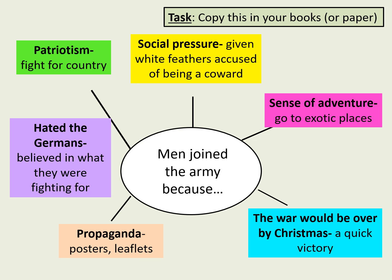Again, we're going to be talking a lot more about this today, but some men definitely would have joined the army because they felt pressured by propaganda. That means posters and leaflets encouraging men to feel a particular way. And the final one is hatred for the Germans. Some men actually believed in what they were fighting for. Some men felt the Germans had done some wrong and that needed to be set right by Britain fighting against